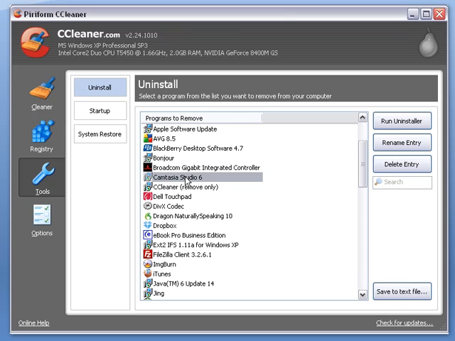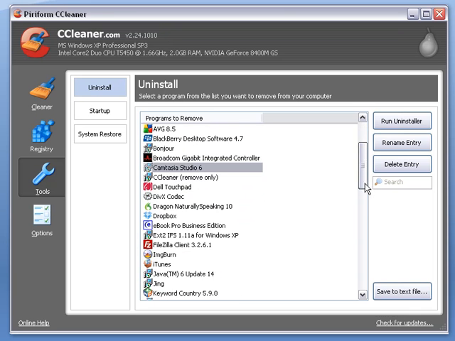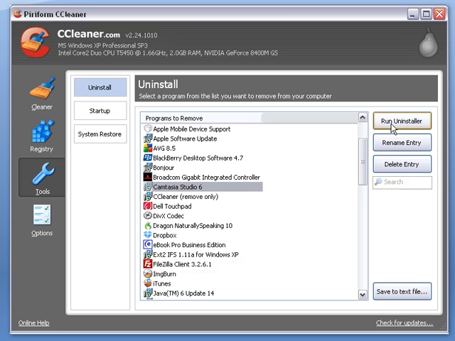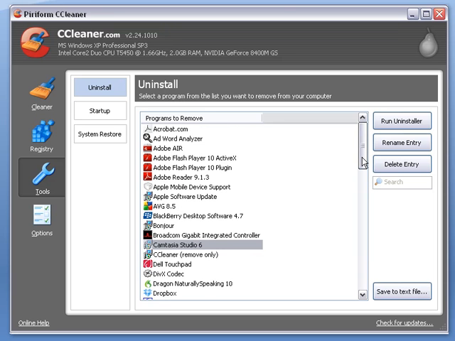Then you can decide. The reason why I like the uninstall feature in CCleaner better is because the uninstaller does it in the background, so sometimes you do not get to see what is going on, and I think that is cool. So when you click on an application and you say run uninstaller, it does all the uninstallation in the background. And the reason why you want to uninstall from here rather than delete the files from your C program location in Windows Explorer